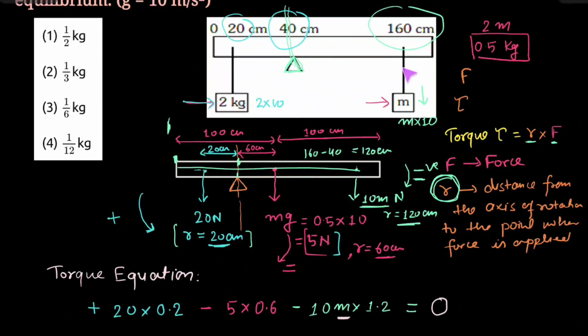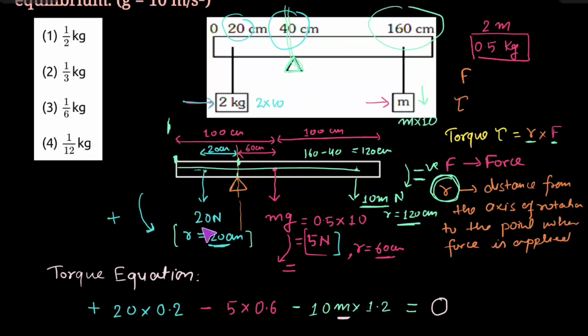So in this rod total, there would be three forces. The first force would be due to this 2 kg mass. The second force would be because of the mass of the rod. The force due to its own mass would be acting at the center of mass. The center of mass of a uniform rod always lies in the middle of that rod. The total length is given as 200 centimeter, so the center of mass of this rod would be at 100 centimeter from either side of the rod.